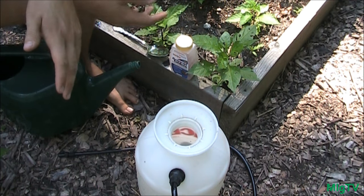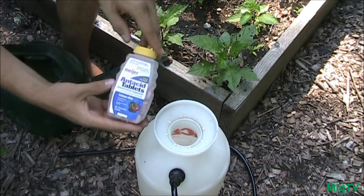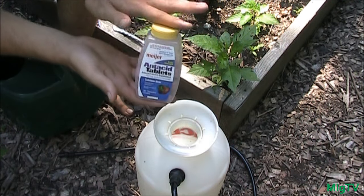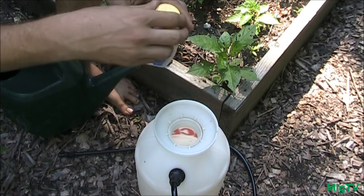All right, so what you're going to do is take your antacid tablets. Before I start, I thought I'd mention that these are 96 antacid tablets. I got them for $3 at MIgardener, so you're getting a lot of use out of them, and you only need one, because there's